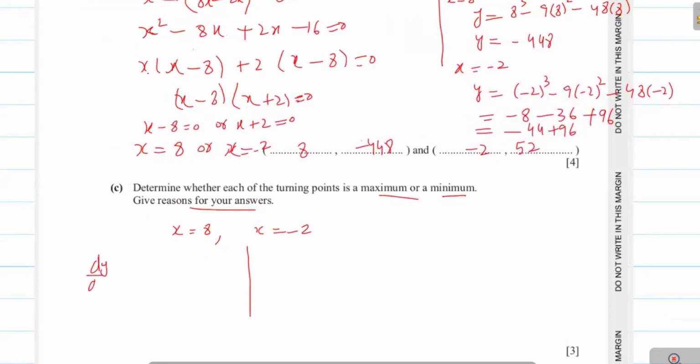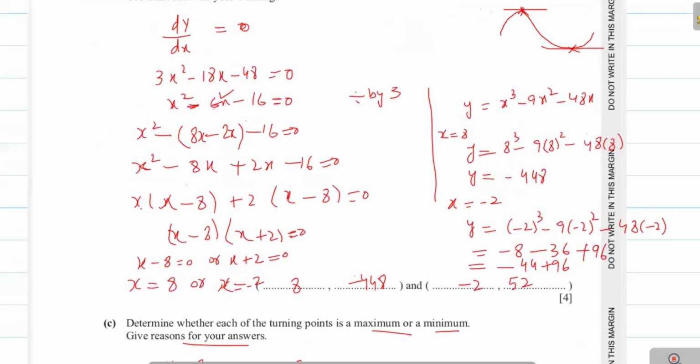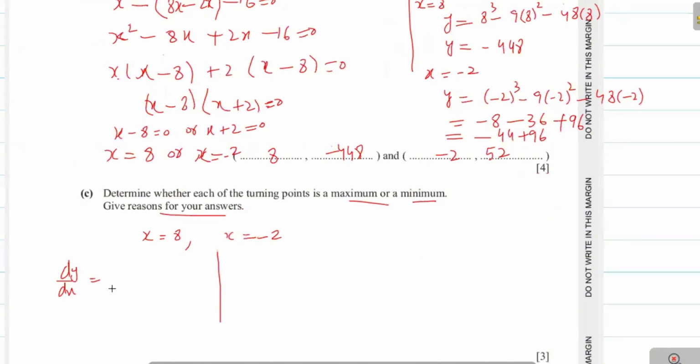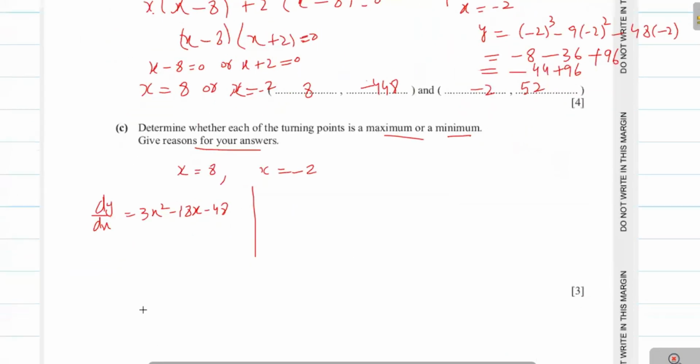Here dy over dx is equal to 3x square minus 18x minus 48, and if we take the second derivative, d square y over dx square, this will be equal to 3 into the derivative of x square, which is 2 times x power 2 minus 1, that is 1, minus 18 into x power